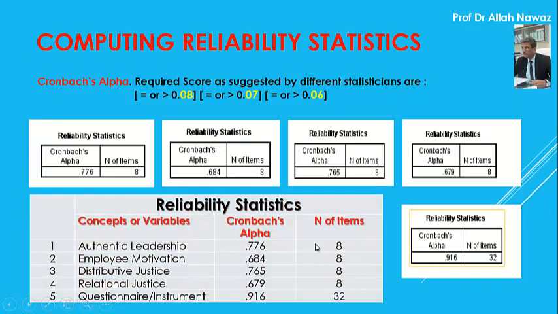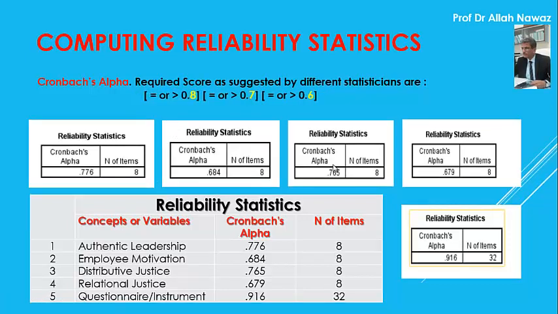As we have already said, variable 1 is authentic leadership, the second is employee motivation, the third is distributive justice, relational justice is the 4th variable, and the whole instrument or questionnaire is with 32 items. Now let's see whether or not our results are reliable.